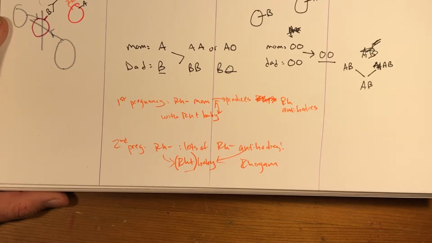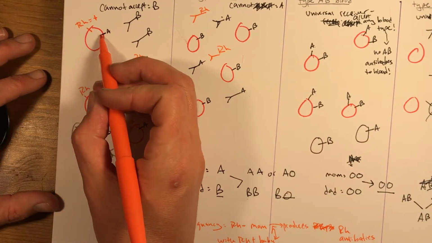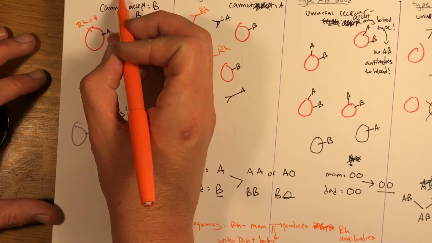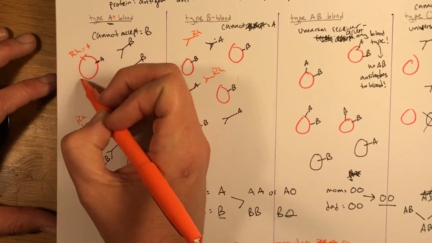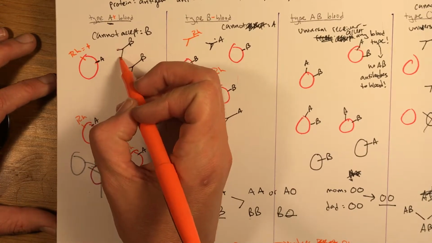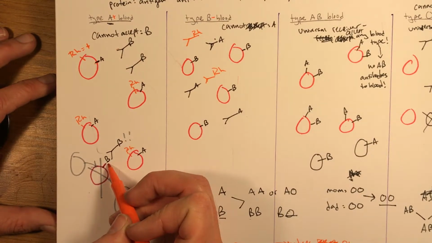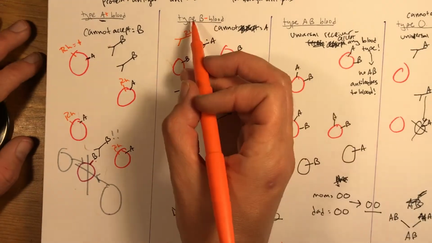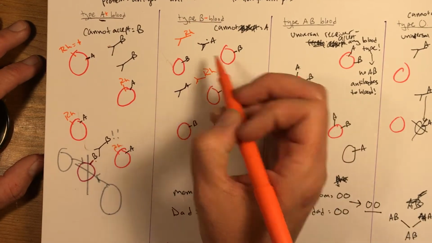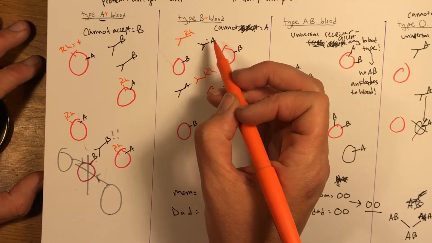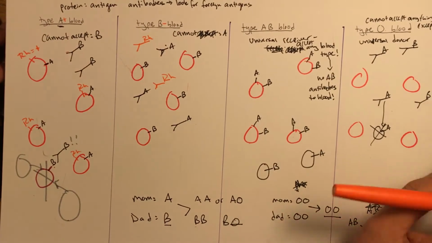Okay, hopefully I didn't mess this up too much, and you kind of understand that if you have a blood cell that has an A protein on it, then you have A-type blood. That means if you have A-type and you don't have the B protein, the B antigen, you must be creating B antibodies to be on the lookout to destroy anything with that B protein. Okay? If you're type B blood, you have blood cells that have B proteins on them, B antigens, and you make antibodies for A, so you're on the lookout for any cells that have A on them to destroy them.